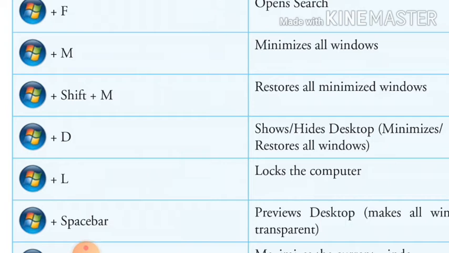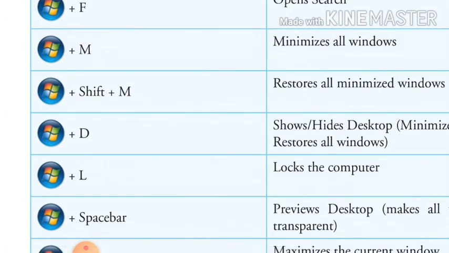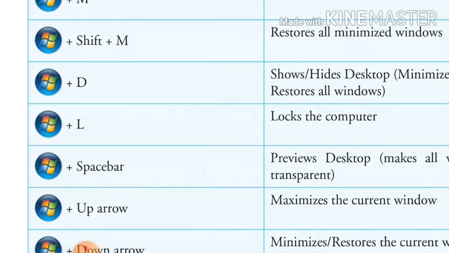Once again you press Windows plus D, and it will be restored. By using the same keys you can do both. Once you press Windows plus D, all the files are minimized and the desktop is shown. Once again you press Windows plus D, and all the files and folders are restored and shown.